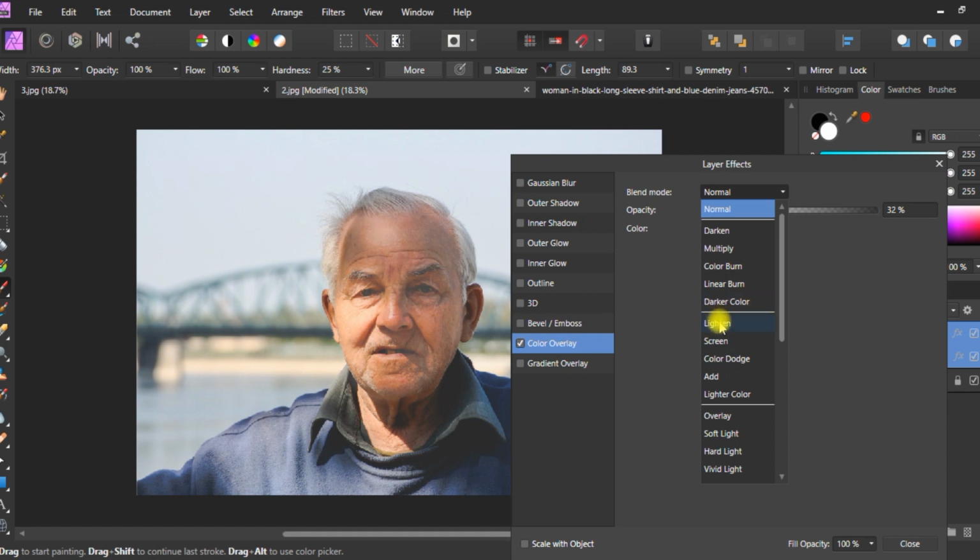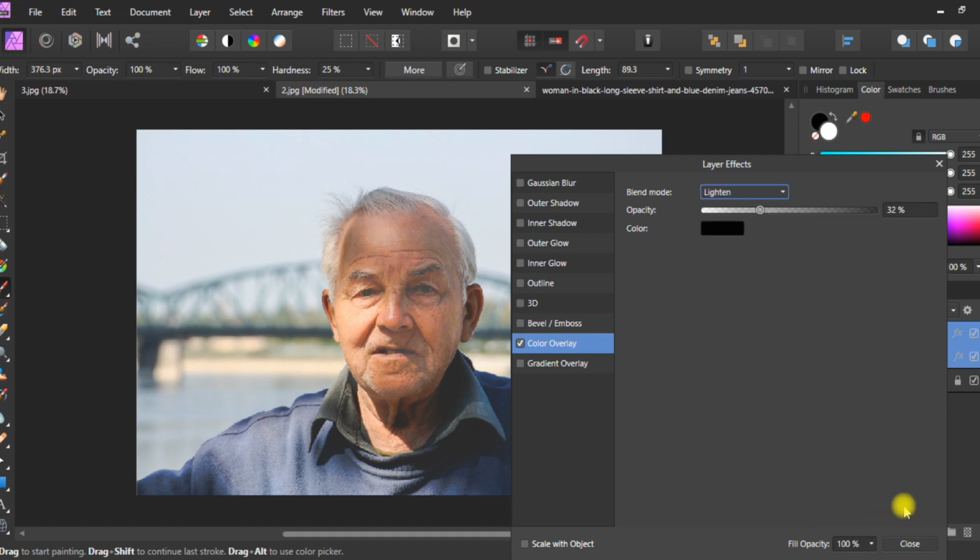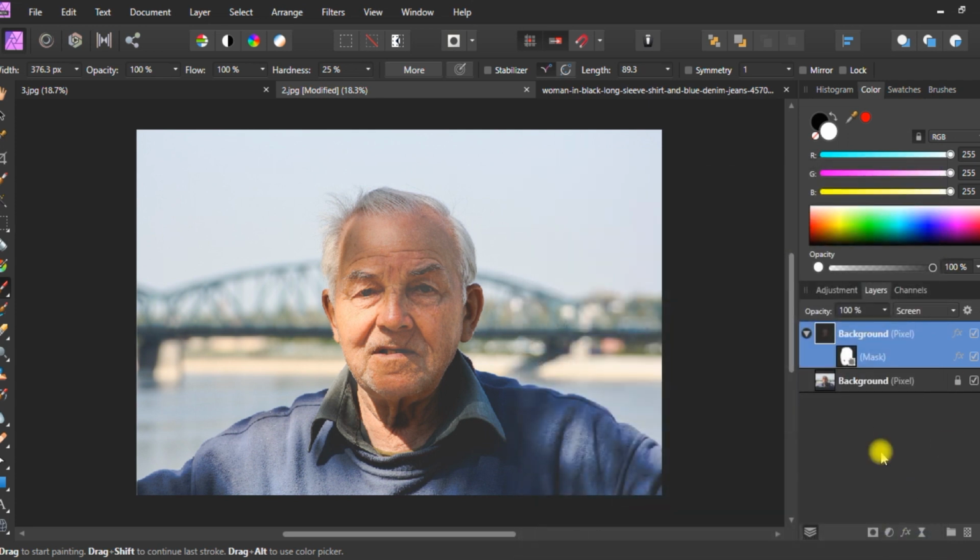Okay, I think lighten looks very good. As you can see, without the mask our whole image has been whitened due to the screen blend mode, but when we apply the mask and the color overlay effect, we have the clarity of our background, and we also fix the shadows from the face.